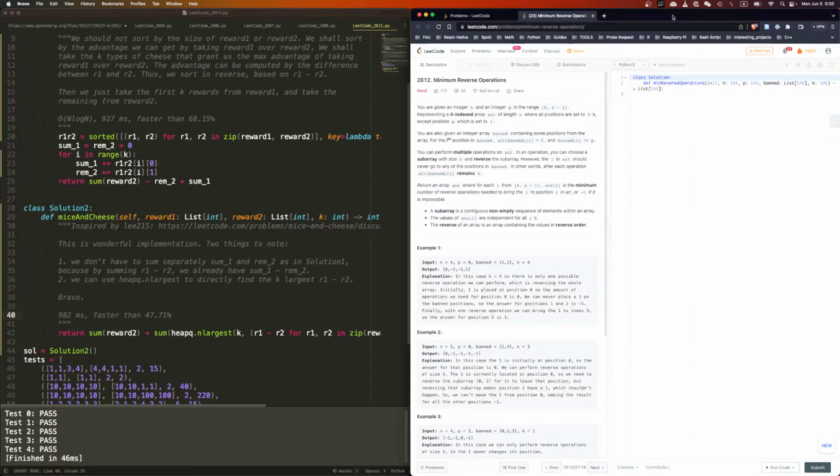What? I have to read again. Okay, so all positions are set to 0 except for 1, okay? And then we have banned, so the banned positions will always have to be 0. And we can choose a subarray of size k and reverse it. However, the 1 in the array should never go to a banned position. So you can